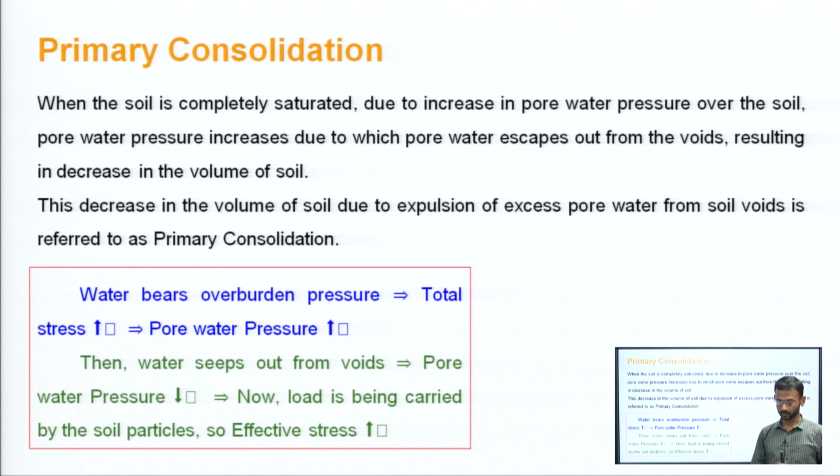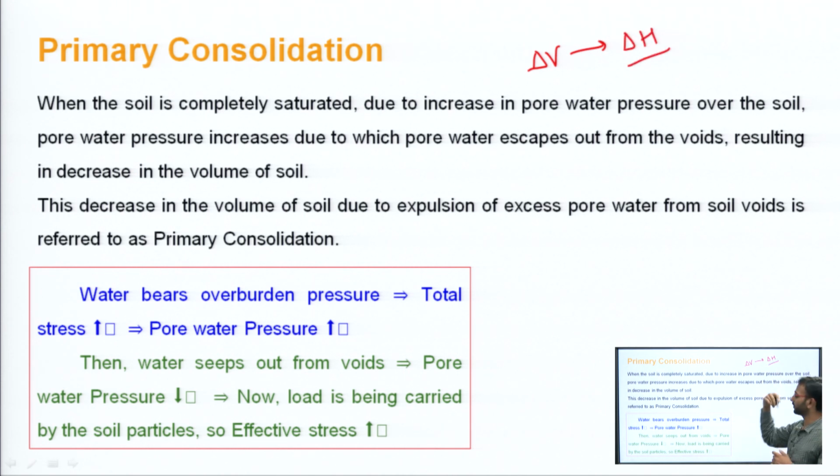Now see one thing, if I give you an example, what happens in each and every material which is experiencing some stress? There will be some strain, okay, there is some stress, because of that there will be some change, some strain. Soil also behaves in a similar manner: when stress is applied on soil, there will be some change in volume. That volume change can be represented in terms of height.